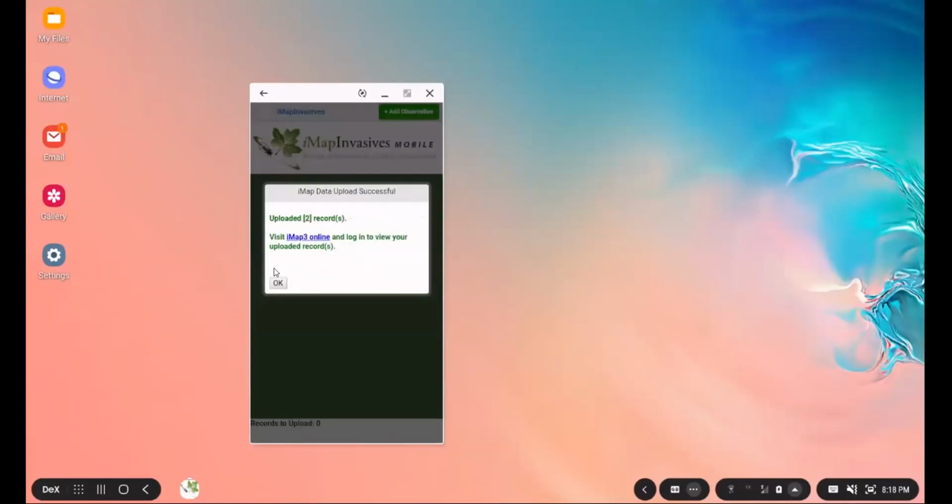Okay. And then what's really good about this is that you now have the opportunity to use the online version, either through the desktop or through your phone, and look at your records again. The mobile app pretty much only gives you the opportunity, I think, to really do the point observations.